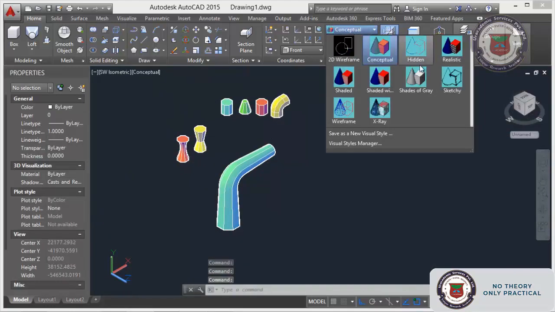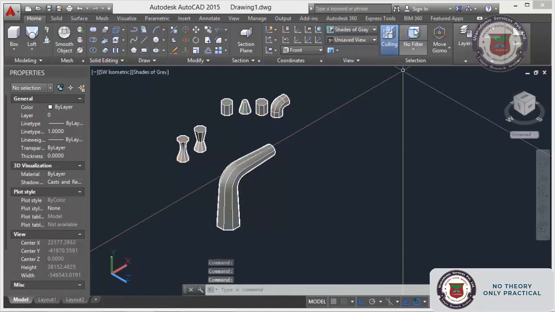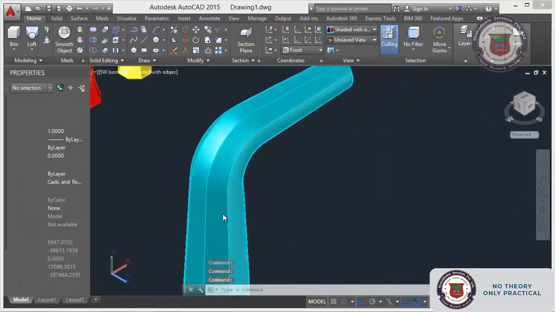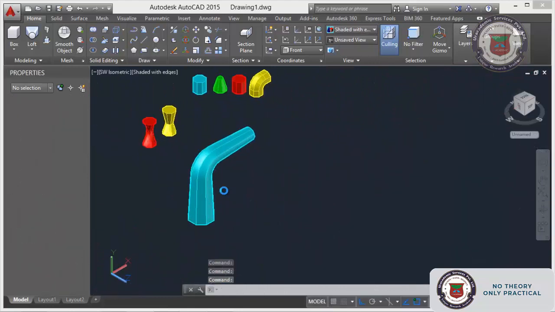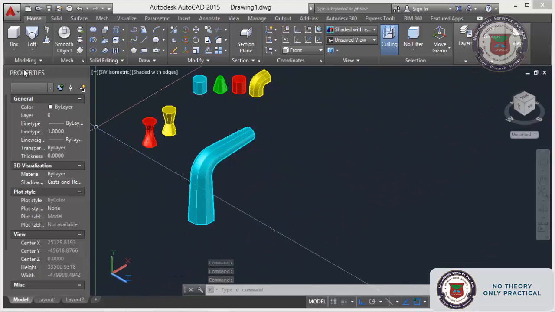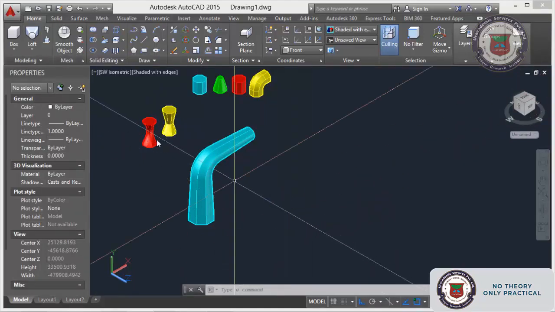Otherwise, there are differences. Now what we will do? We will do guide and close this session. For guide, what I will do?